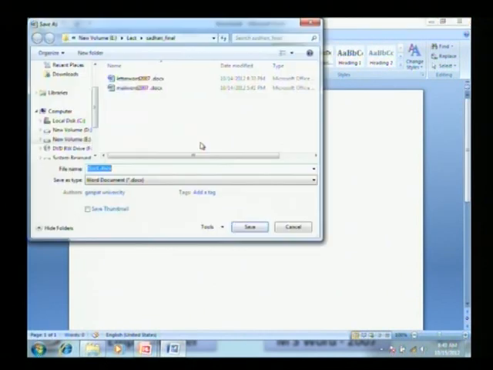Normally Word supports the DOC file, but now 2007 supports DOCX. What does X mean? The extension will be DOCX. X stands for extensible markup language, which supports XML files. The advantage is that when we store a file, 2007 itself stores it in compressed mode. Compressed mode may be difficult for you, but assume that the file is compressed and stored on the disk, and when we open it, it is automatically unzipped. It is like the concept of zip and unzip.